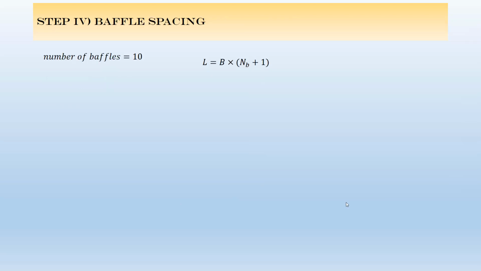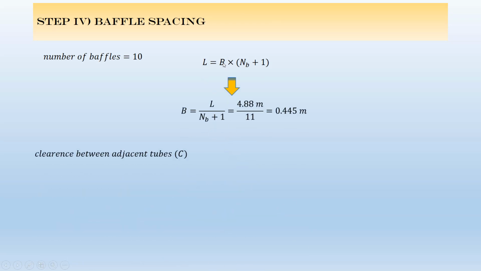Okay, now also you know that there are 10 baffles in this heat exchanger. So you can write L, the length of the heat exchanger, equals the baffle spacing B times NB plus 1, where NB is the number of baffles, and then plus 1. So from here you can find the baffle spacing. By using the available information, the baffle spacing is